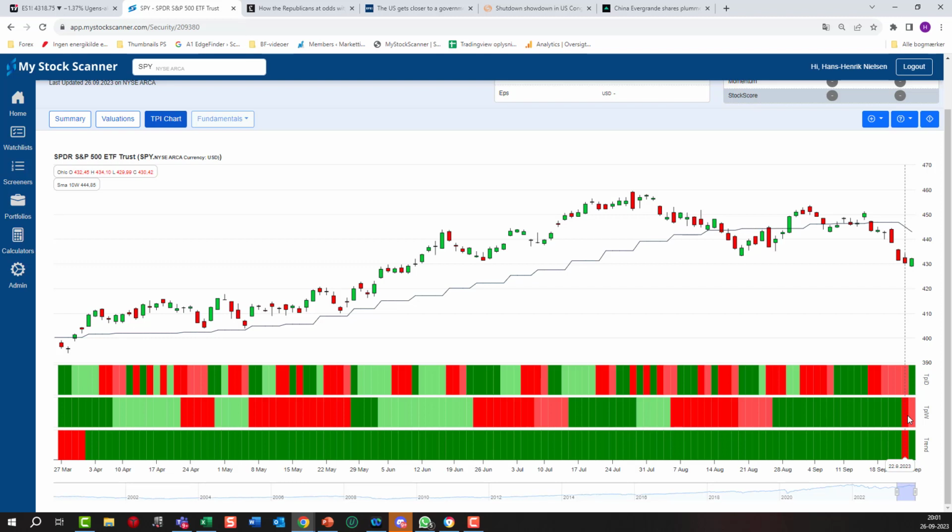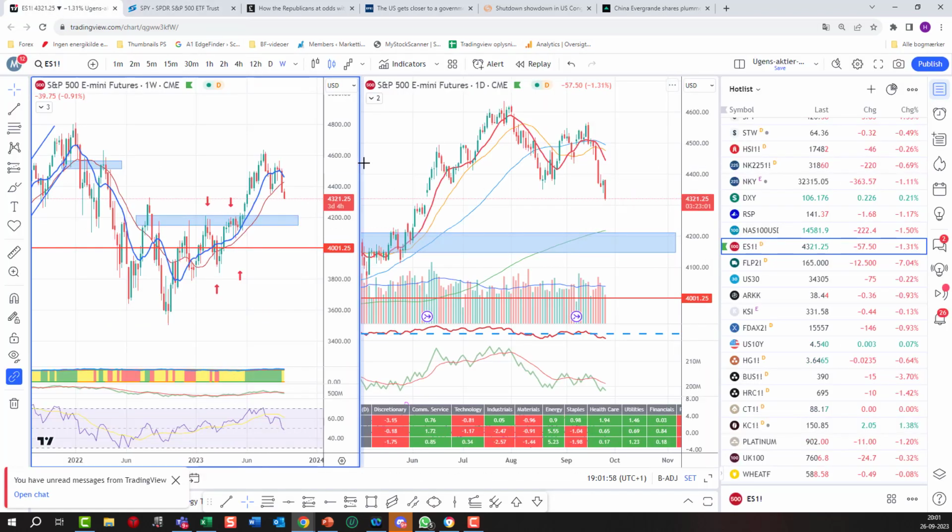So basically what this is telling us is, from a statistical point of view, counting waves and the length of waves and so on and so forth on the S&P 500, it indicates that it might be time for buyers to come in. Now, it's very important to remember that this is just a statistical tool, and stats cannot really do much about what is happening right now. Stats are looking back and saying there is a higher probability of this happening over that. However, right now the market is dropping no matter what the stats are telling us,